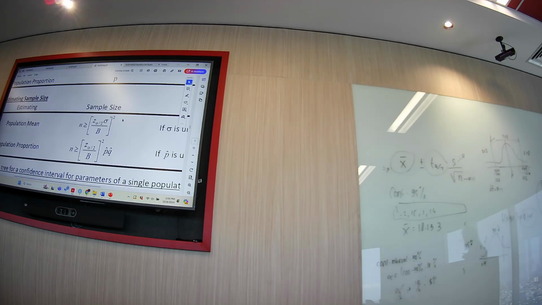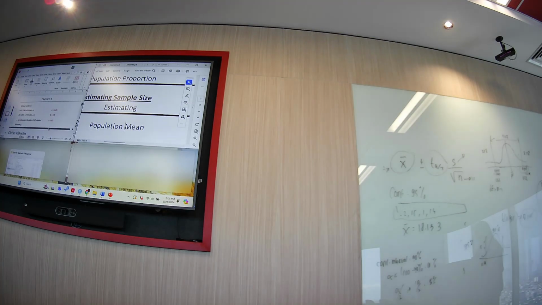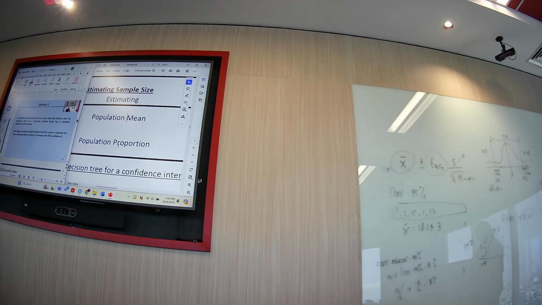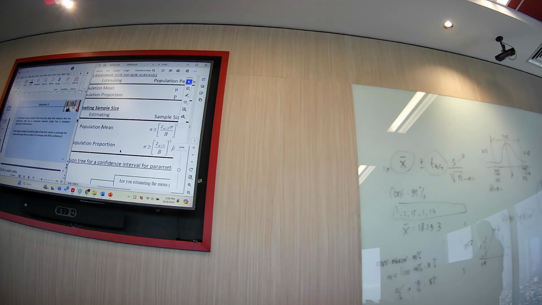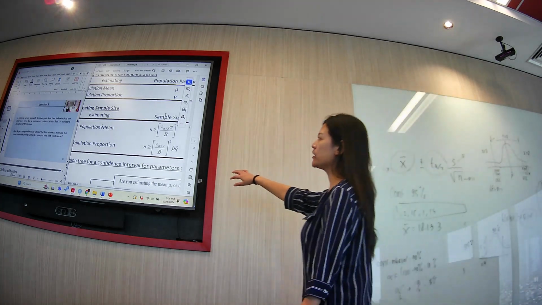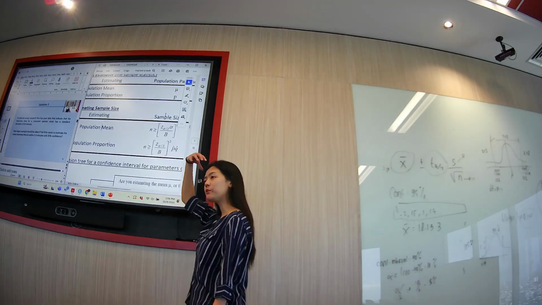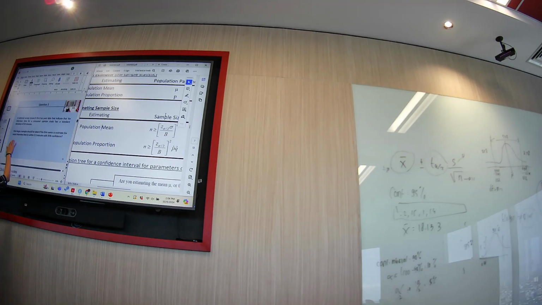Okay, from the questions, let me make these two. Okay, can you see this one clearly? Okay, this one is for dealing with the average value, the upper one. The second one is dealing with the proportion, like the previous example. This one is for the mean, this one is for the proportion. That's why they have the p hat. Is this question dealing with proportion or mean? Mean, yes, the upper one.